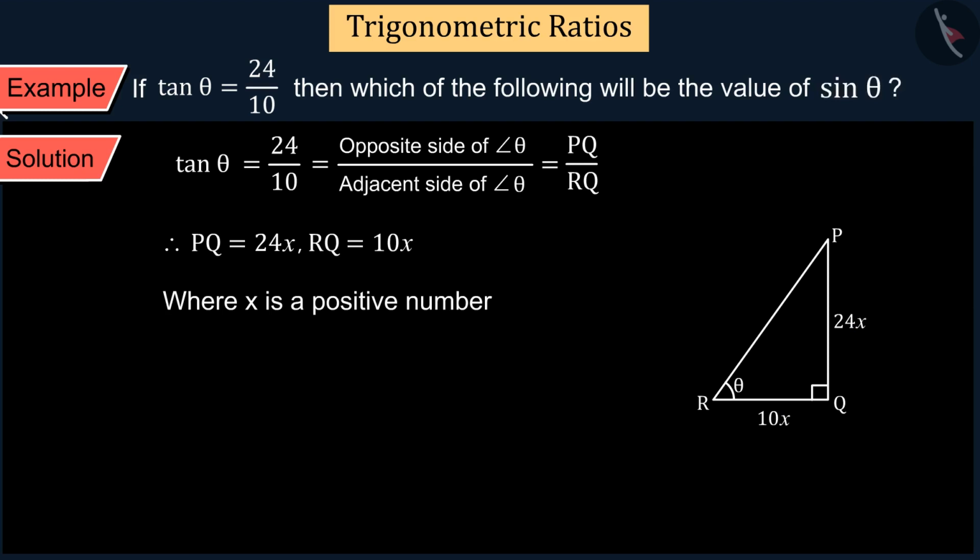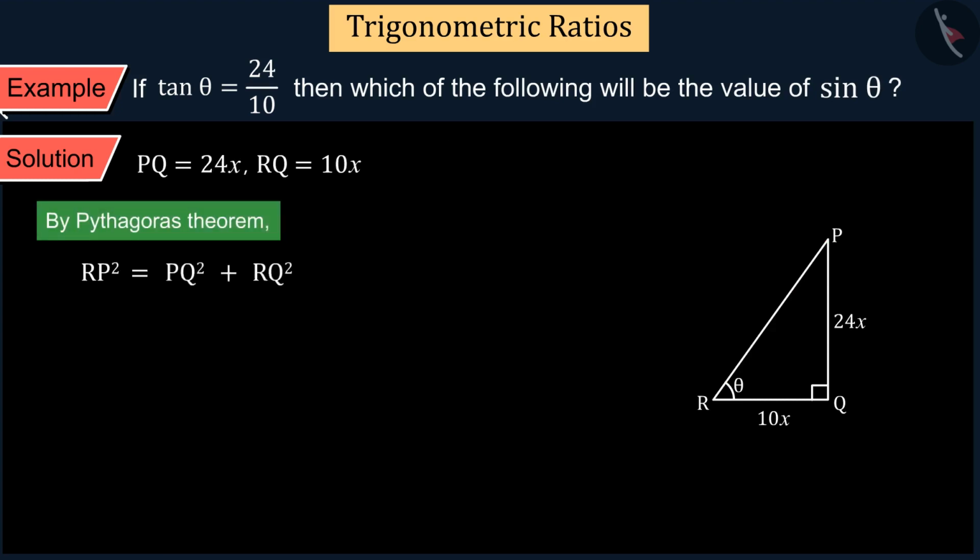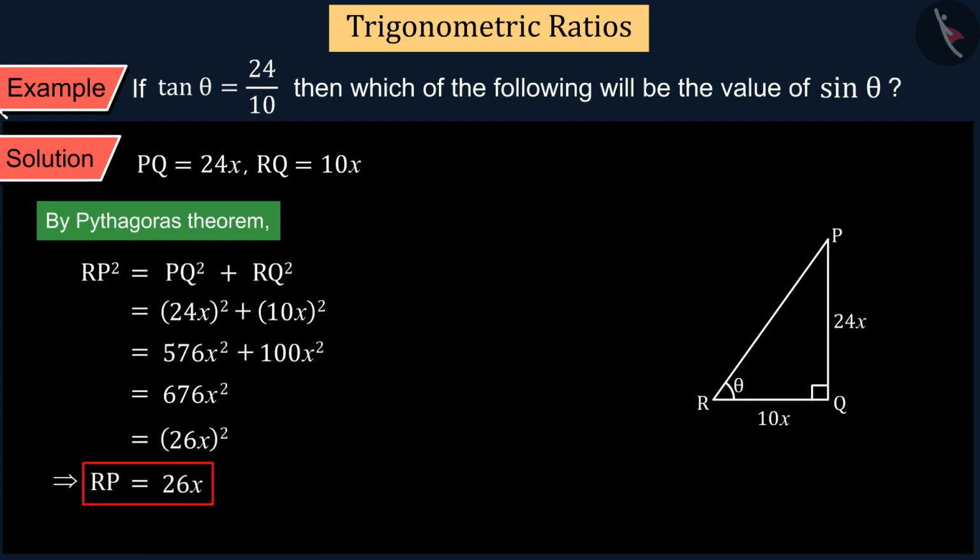To find the value of sin theta, we will also need to measure the hypotenuse of the right angle triangle, that is, the side RP. We can calculate the value of side RP with the help of Pythagoras theorem, which is